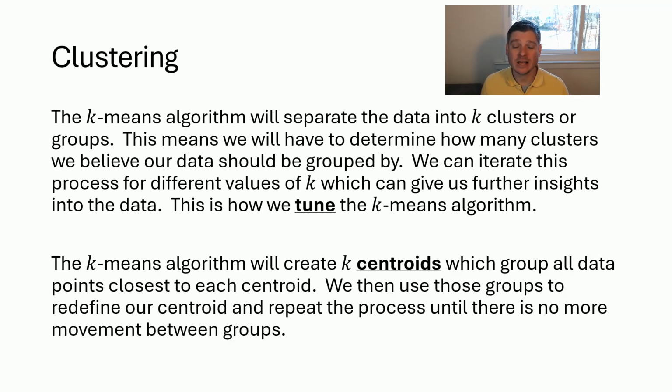Now remember, in the k-means algorithm, we create those k centroids, which group all the data closest to that centroid. Once we have that grouped data, then we move the centroid to the center of those data. Once we have it in the center of our data, we reapply the algorithm and all the closest points get grouped, and then based on that new grouping, we move our centroid again to the center, and then we repeat that process and iterate over and over again until there's no more movement between the groups. And that typically gives us pretty well-defined clusters